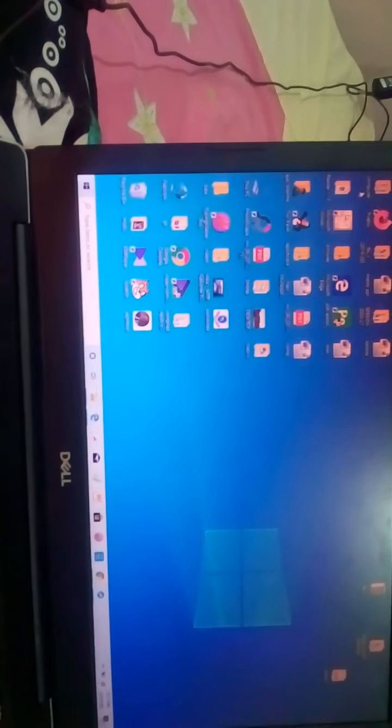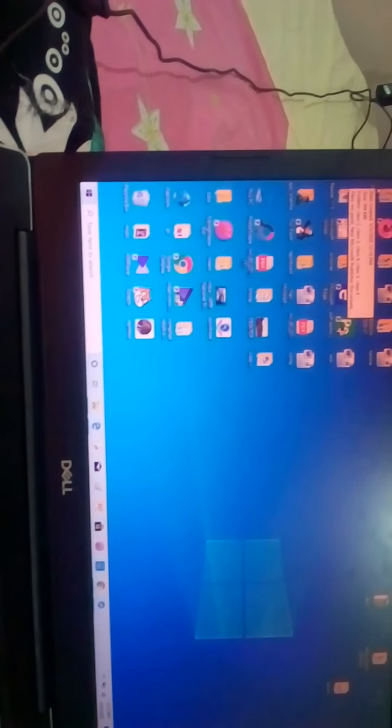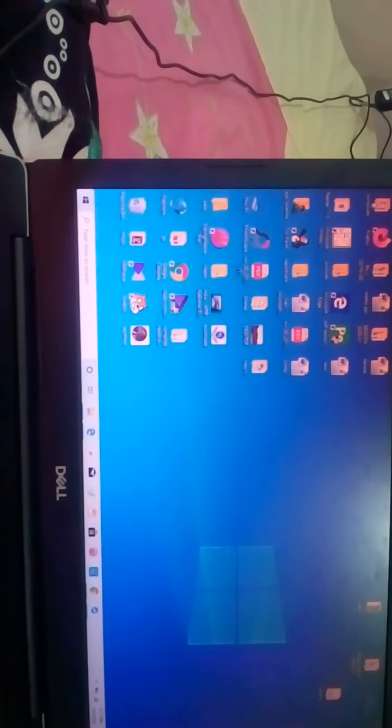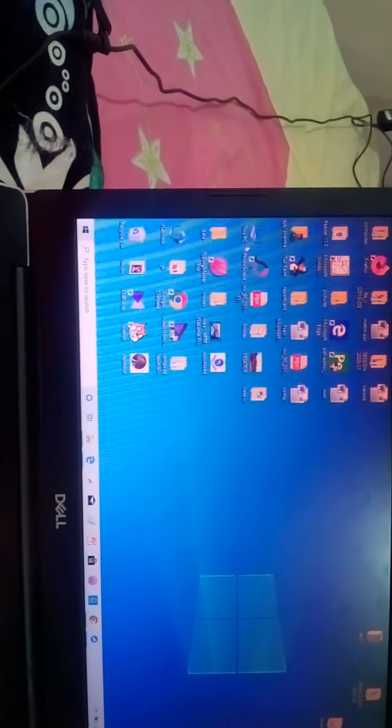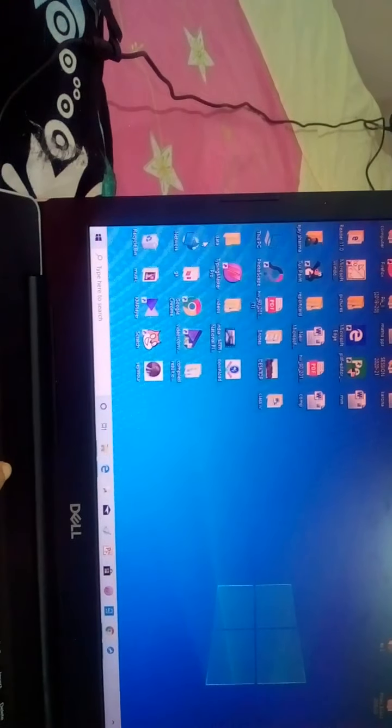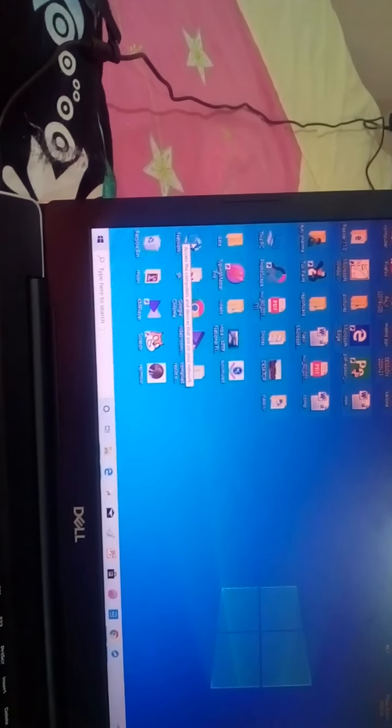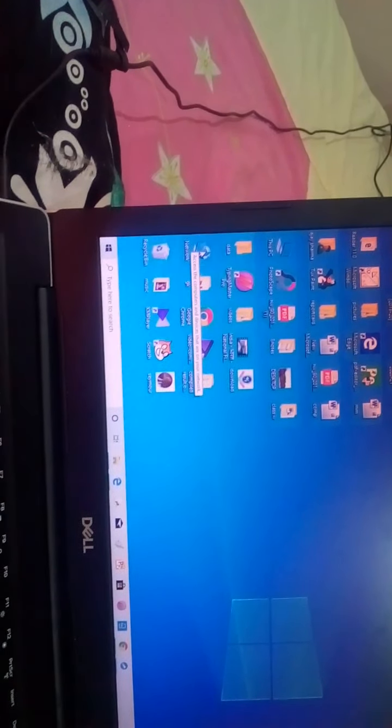If you want to select multiple files or folders, and if you want to select contiguous files or folders, then click on your file and press the shift key along with it and click on the last item. You can see your contiguous files are selected with this method. Contiguous means the files that are near your selected file.